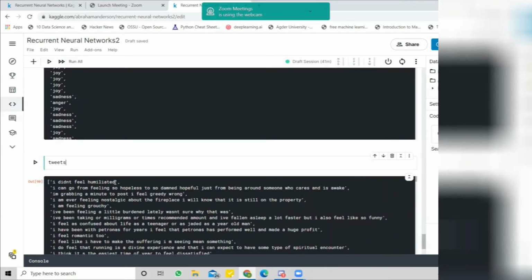For example, after the fourth one, because we have 4 words for this tweet, there will be zeros, in order to make them the same size for the algorithm. Okay, so the content is not important for the algorithm, but the size of the tweets, the number of words, is important.